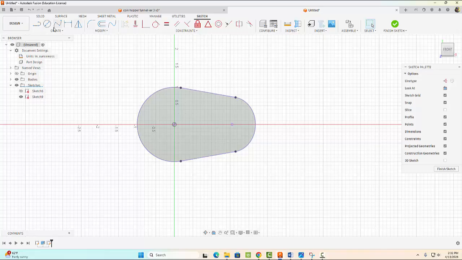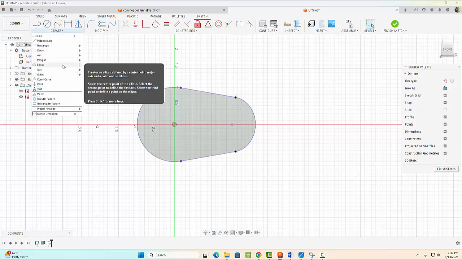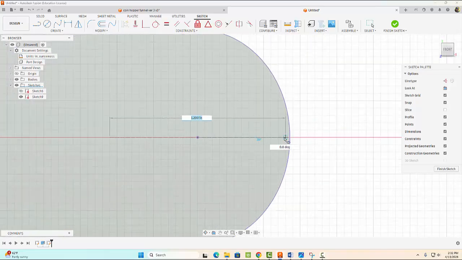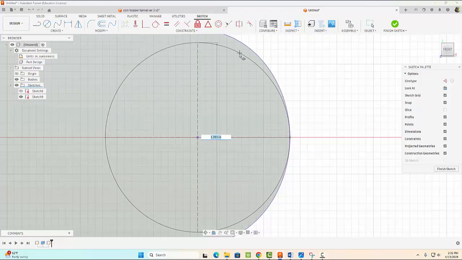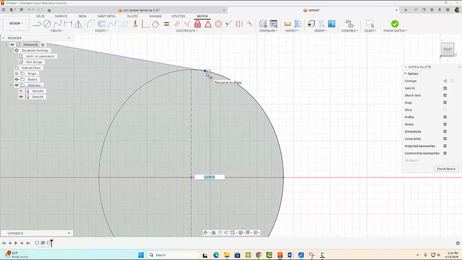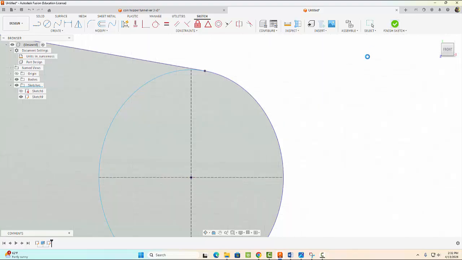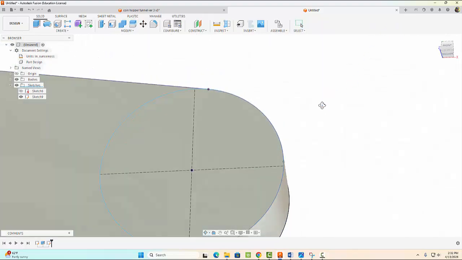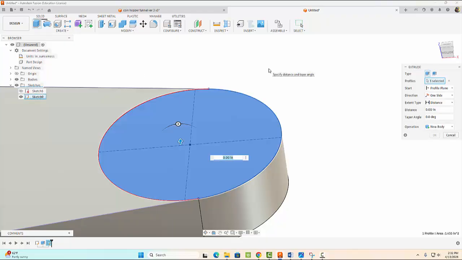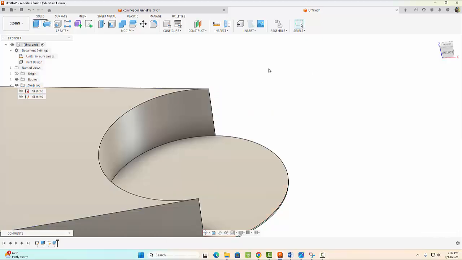All right, and then we're going to come on over here to ellipse, and we're going to drag out an ellipse so that it stops right here, okay, and has the same dimensions as the one we had before, so it's right there. And then we're going to finish our sketch, and we're going to extrude that guy to be minus 0.375 or 3/8 of an inch. Okay,